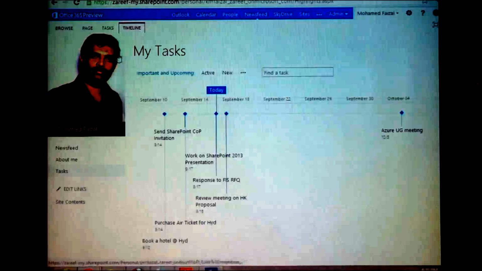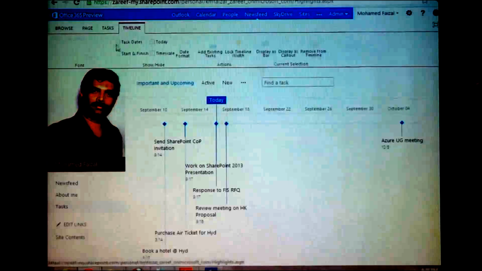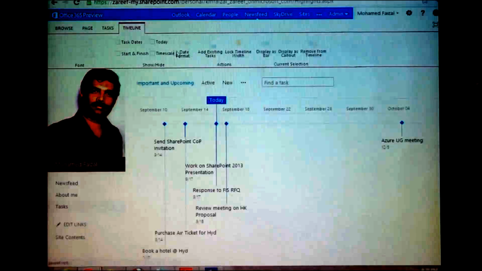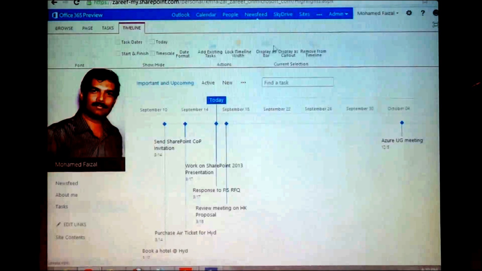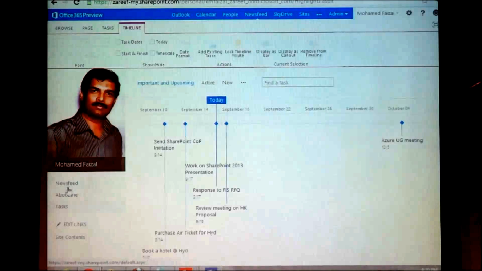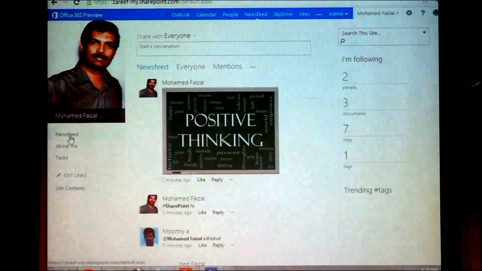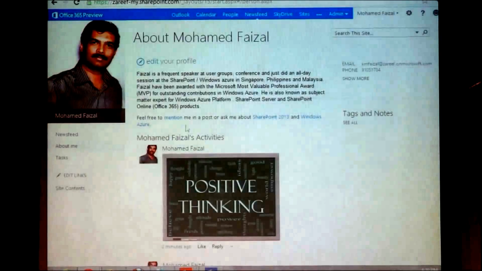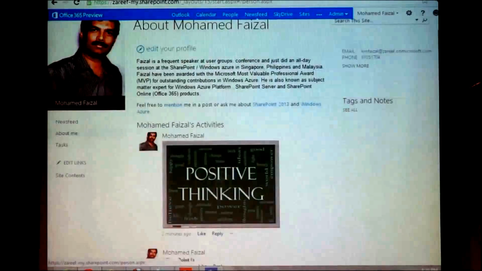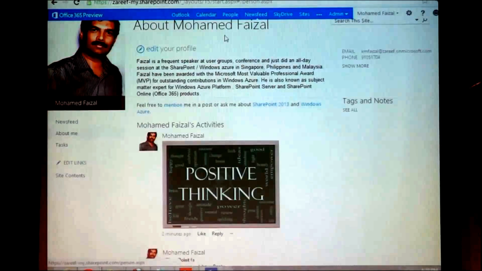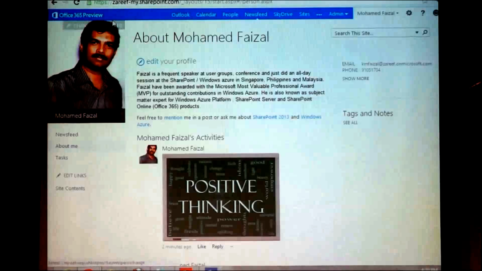Okay. So this is the timeline that we have been seeing here, and you can see all this stuff. Then if you go back, the newsfeed I talked about. Ask Me is just something where you can ask questions and see the stuff here, that's it, nothing else. Then there are two interesting things that I need to share.